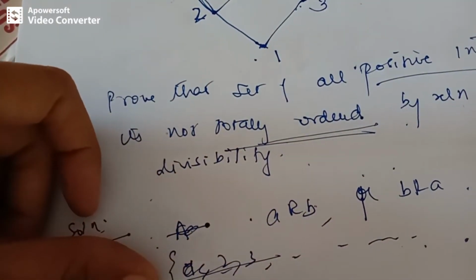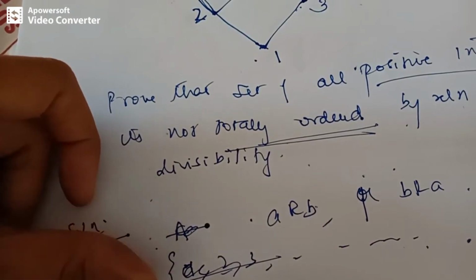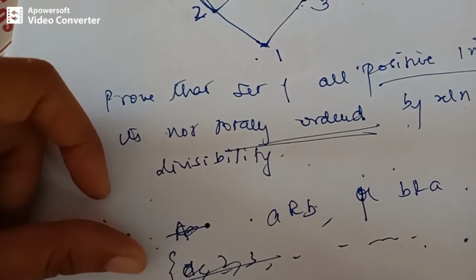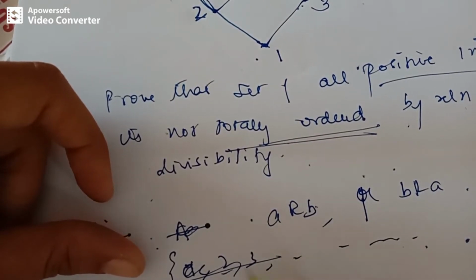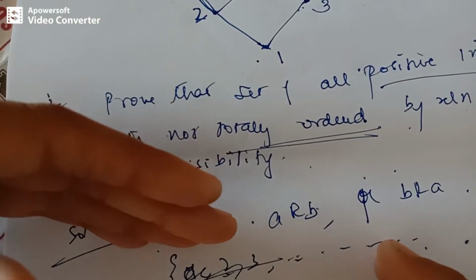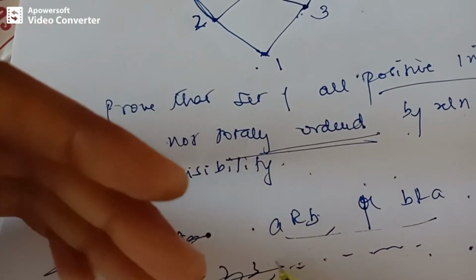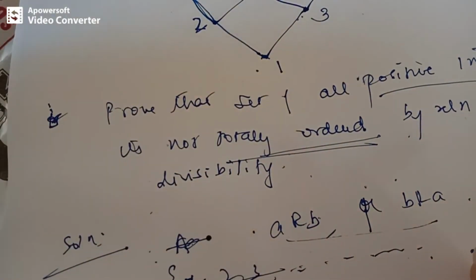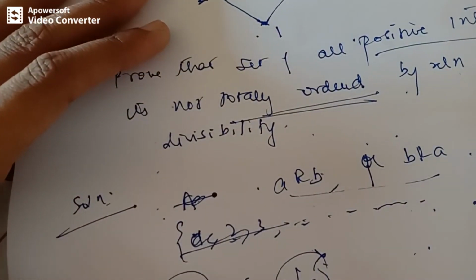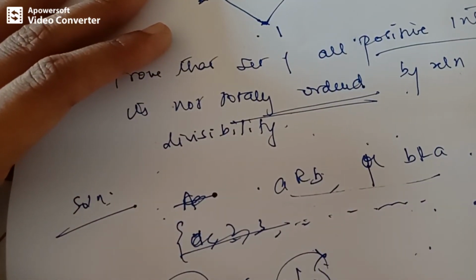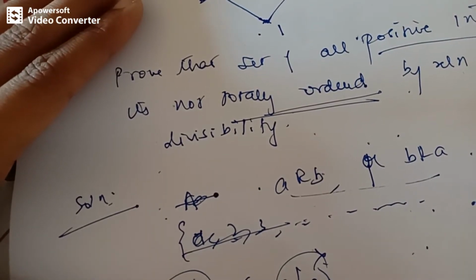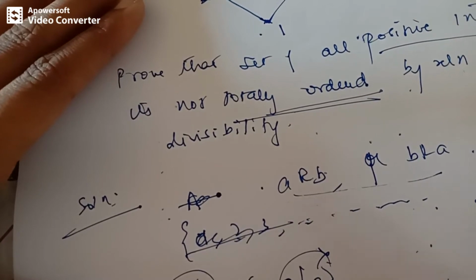That is, we want to check whether 2 divides 3. Does it divide? No. Neither vice versa. That is, 3 does not divide 2. So each and every element does not divide the others. So it is not related by the relation. The relation is divisibility, and this does not hold. Therefore, we can say that the set of all positive integers is not a total order relation.